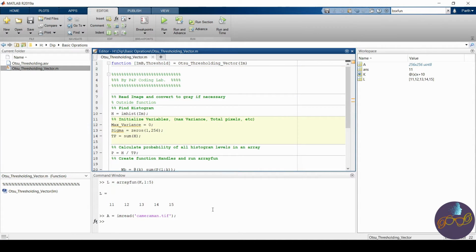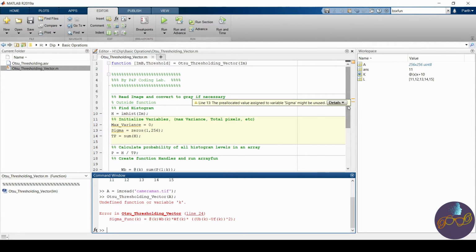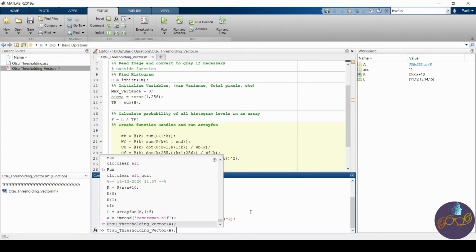Okay, so now we will run it. Let's see. It's very simple. Okay, there is an error: undefined function or variable k. Okay, I forgot the @ here. I'm sorry, I have not forgotten @(k), but this k is of no use. This is the proper syntax. The syntax was wrong. Now let's see.